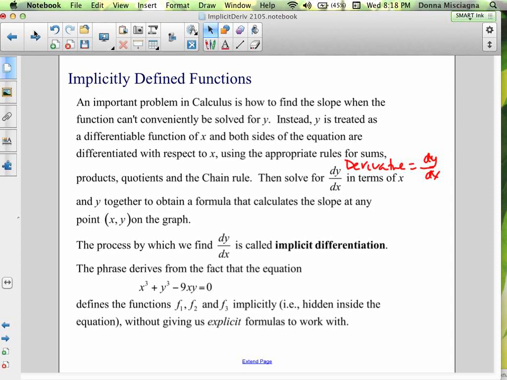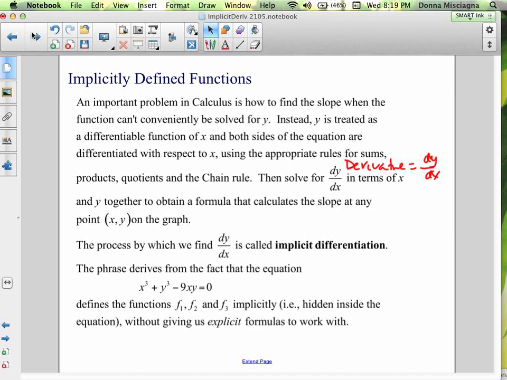The phrase derives from the fact that the equation, so here's an example, x cubed plus y cubed minus 9xy equals 0, defines functions implicitly. We've got an x cubed, we've got a y cubed, we've got a 9xy, and there's no way to separate a single variable here. And so because our variables are stuck together and can't be isolated, we can use implicit differentiation to find the derivative,